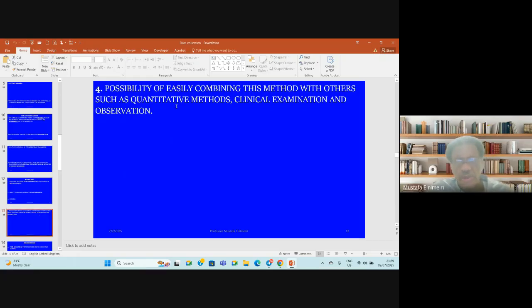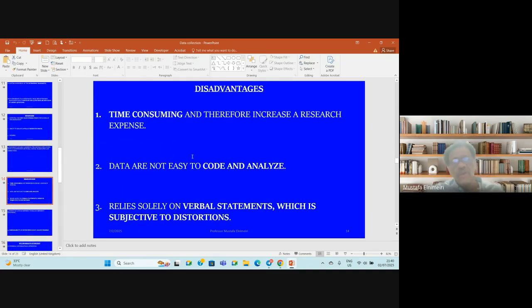Also, there is a possibility of easily combining the in-depth interview with other data collection methods, such as quantitative methods, clinical examination, or on-site observation. The disadvantage is that the interview is time-consuming and therefore increases the cost of the research. And data are not easy to code and analyze, so if you want to analyze the data,